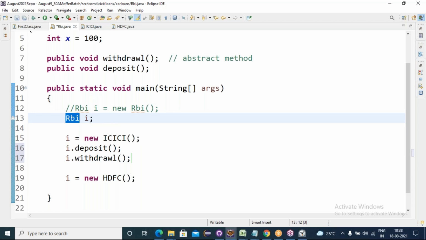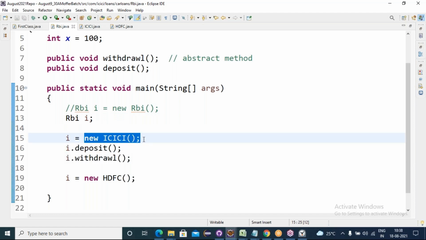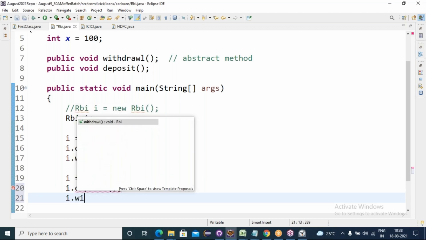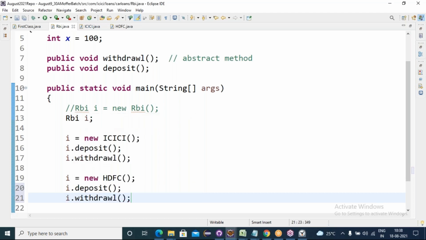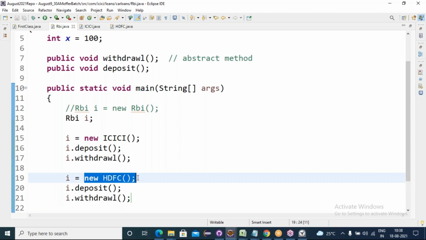At compilation time, it shows deposit and withdrawal as RBI type, but at runtime these methods are executed from the implemented object's methods. Similarly here also, i dot deposit at compilation time shows as the RBI deposit method, and i dot withdrawal also comes from RBI withdrawal, but at runtime these methods are executed from this object's implemented methods.